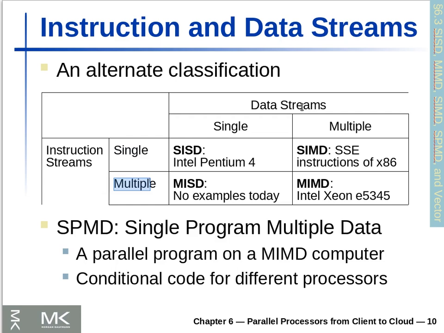On the other side, you have your data stream, which is talking about how much data you can process at a time. Are you only processing one element at a time? That's what we've been doing in our single cycle and pipeline processor. You're doing one add, and you're storing that one add into one register. Multiple data streams would be if you have multiple pieces of data and you need to store them into multiple registers. Again, I can't remember if we went over this, but a good example would be if you had pixels,